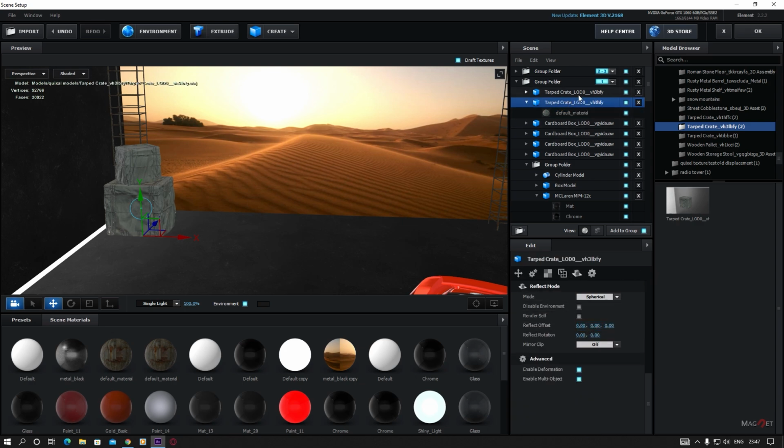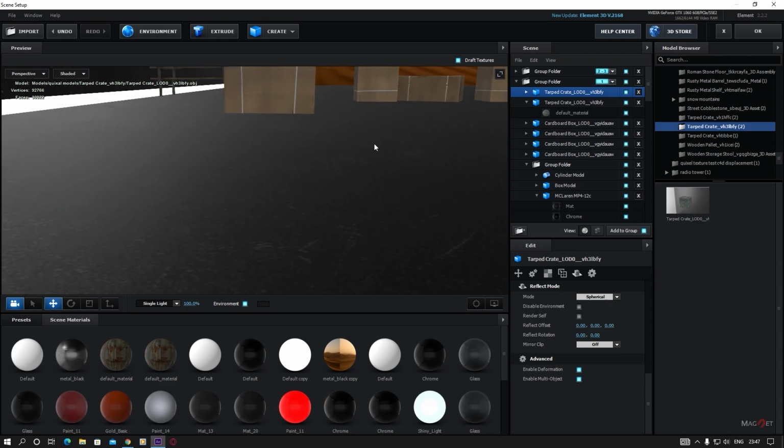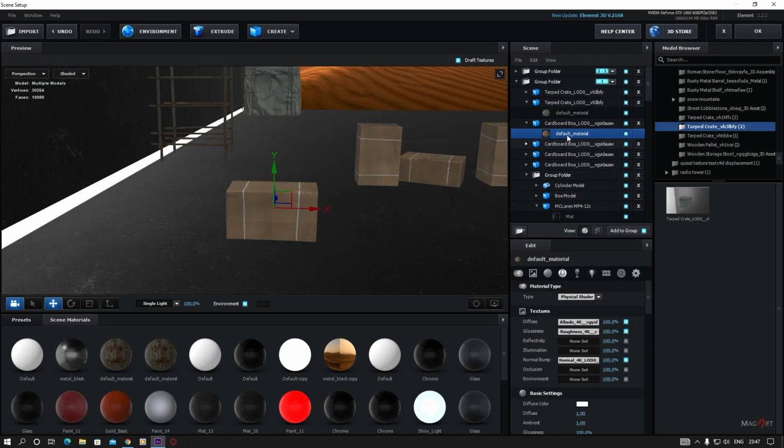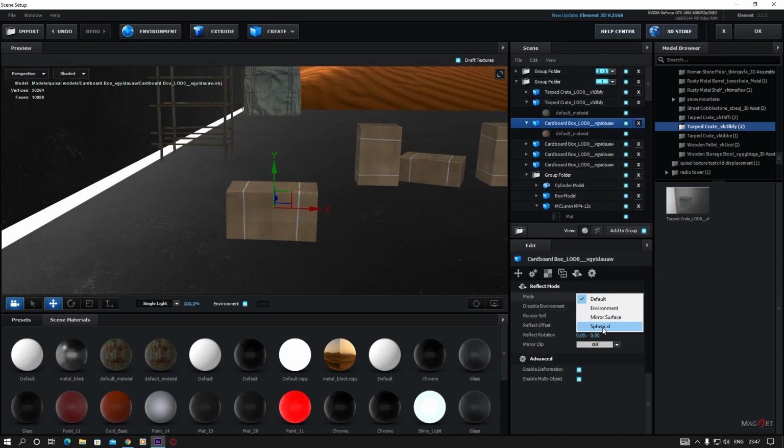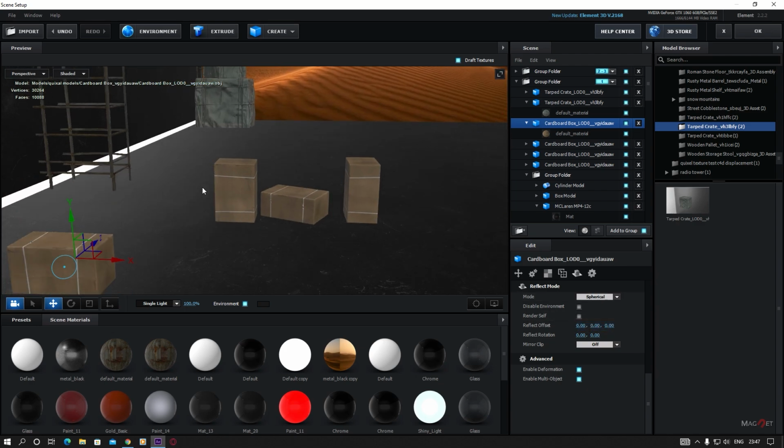spherical, and do the same for this as well. Change this to spherical, because in that way those objects also reflect the light. So just make sure that you select and change the reflectivity mode for every model here. Okay, so change this to spherical, select this, change this to spherical, as well as do the same for this